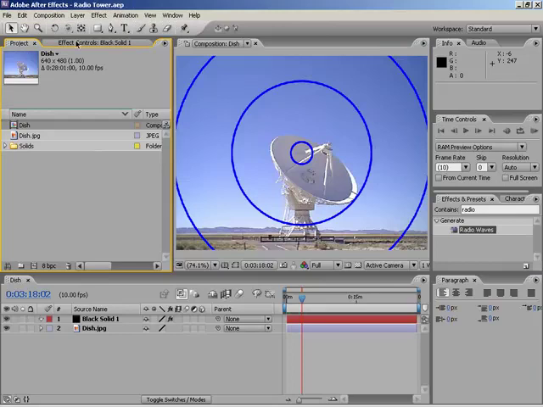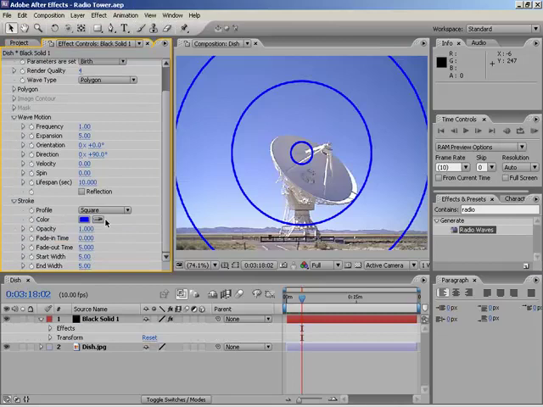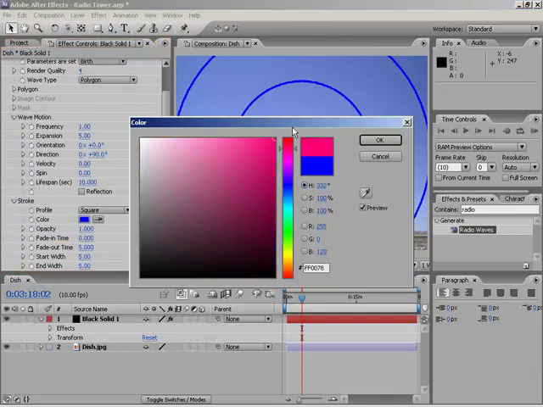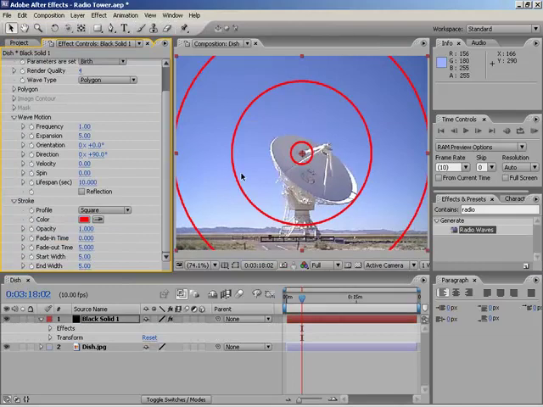So if we jump back over to After Effects now, I can simply go up here to my effects controls, or either one, doesn't matter, and go down to Wave Motion, Stroke. There we go. I'm going to change this color over to red, like I was saying. Hit OK. And once it calculates this, because remember, now it has the update on both of the programs,